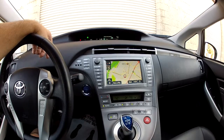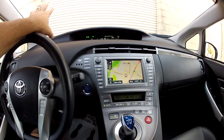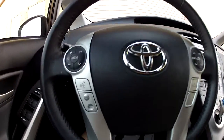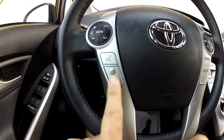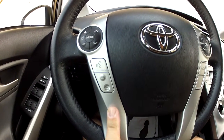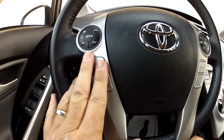It has a lot more information at your fingertips, and you're not going to get a ticket for fumbling around with your phone. In addition to that, you've got the voice command buttons right here for the Bluetooth. Before I go into the radio, I forgot to mention